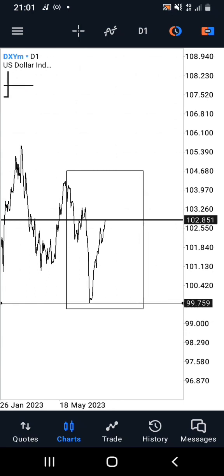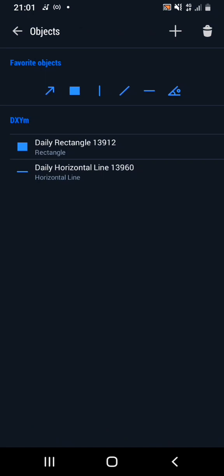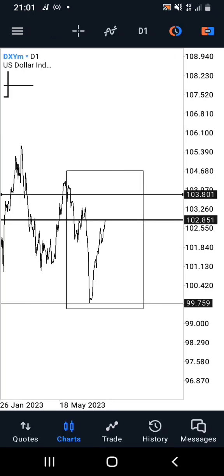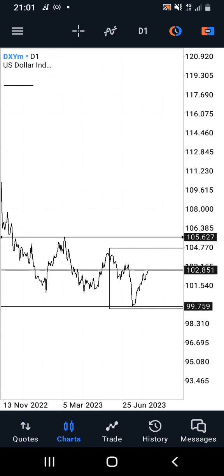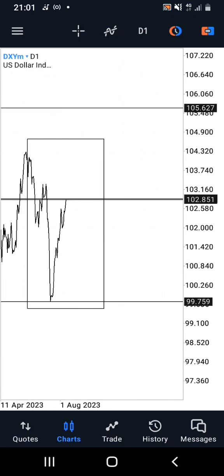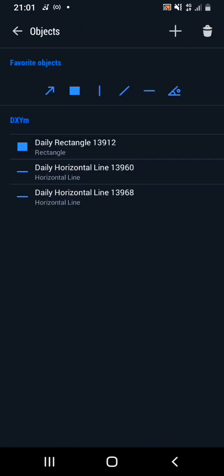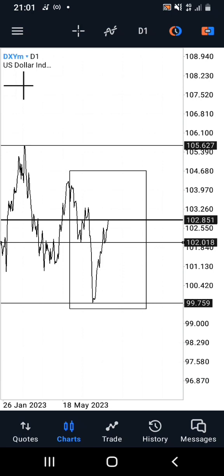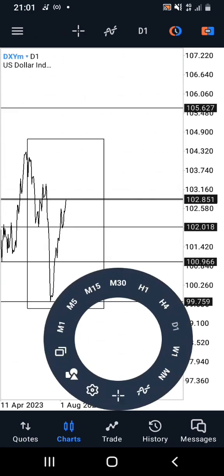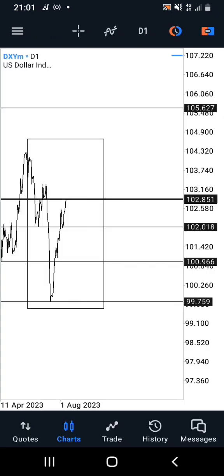And just make sure that you remove all your indicators so that you do not have any interference when conducting your technical analysis, because indicators can sometimes change the way you think about your charts, because you are going to incline your sentiment towards what they are showing. So here I just marked out all the support and resistances once again, and then I'll make sure that I draw my trend line or probably a channel,